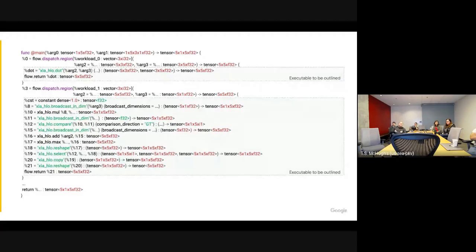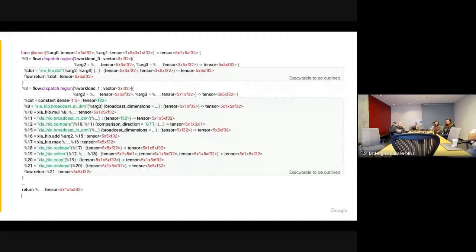If we end up with two regions that are next to each other that have roughly the same workload, we can fuse those together. And that's really easy to do with nested regions, and it's all taken care of by MLIR. But when we want to go the next level out and start thinking about these dispatches as opaque executable blobs, it's useful to outline those and no longer have them as regions, because at that point they become black boxes and we don't particularly care what's in them.